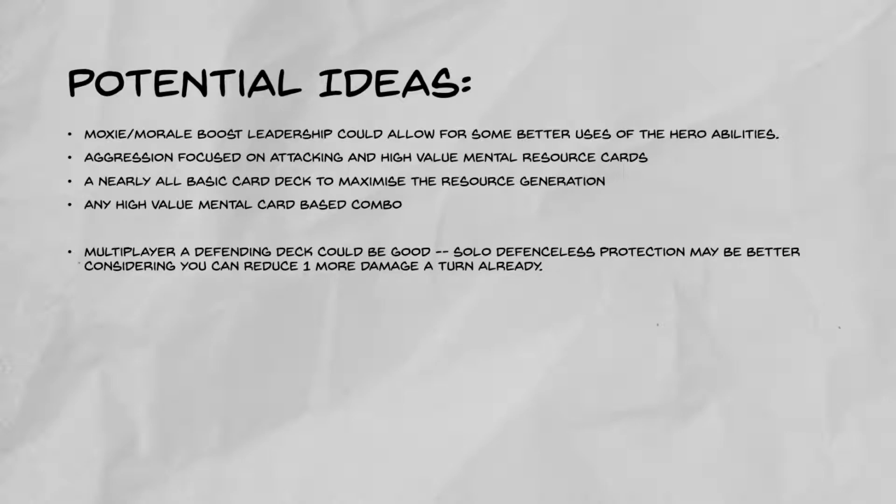Another thing of note: any high value mental card based combo is going to be really strong. The best example of this would be Voltron, which is normally highly reliant, at least in solo, on your first aids. And if you can get, say, 5 first aids or 6 first aids or some number of first aids over 3 per deck cycle, that's very good. More first aids, and in a Voltron style deck, first aid probably converts into like an 8 to 10 value for the cost of 2. That's very strong